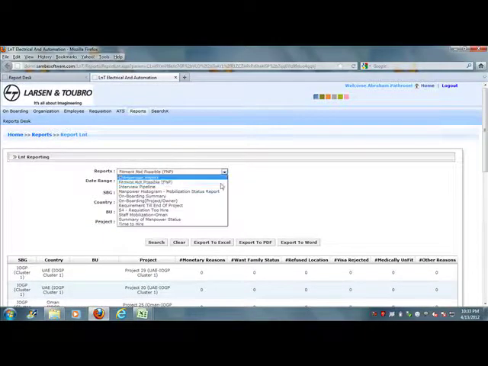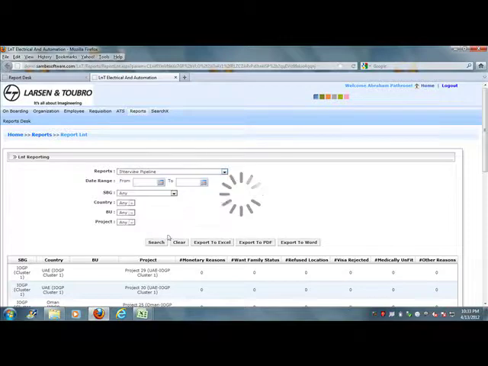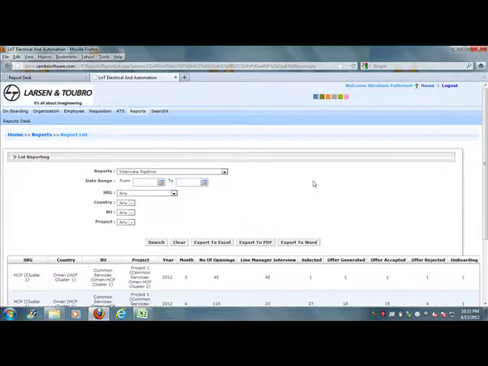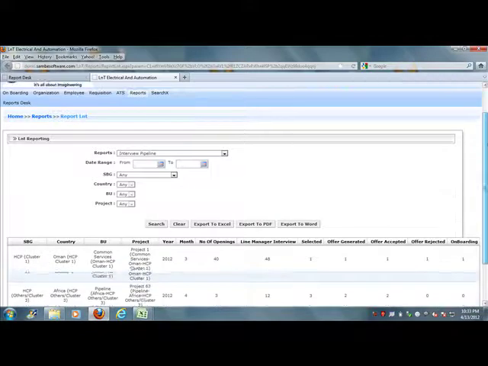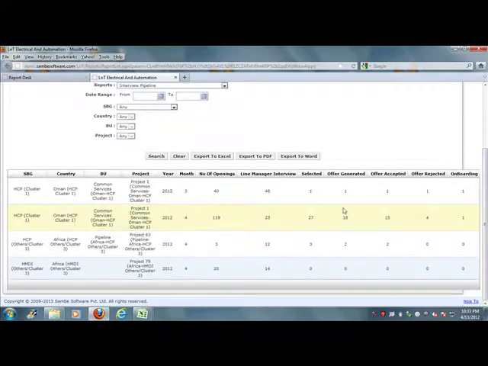Our next report will be the interview pipeline report. The interview pipeline report will help the user to see the number of candidate records. It means the number of candidates and the number of openings for a particular month, for a particular year, under a particular SBG, country, BUs and project.